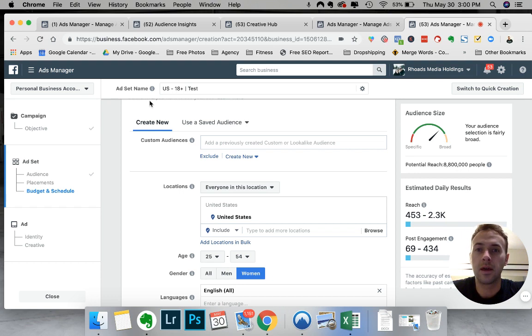It will take their data and create like-minded individuals. So it'll create an entire list of people on Facebook who they think are similar or would likely match the data from the people in your email list,